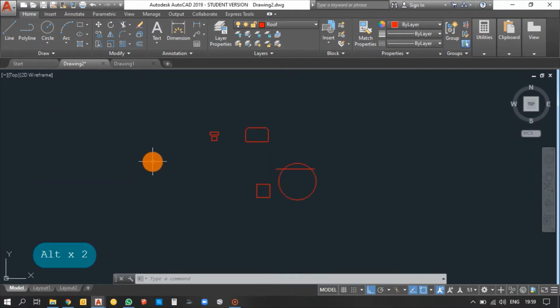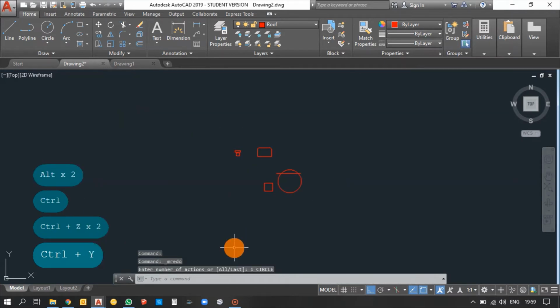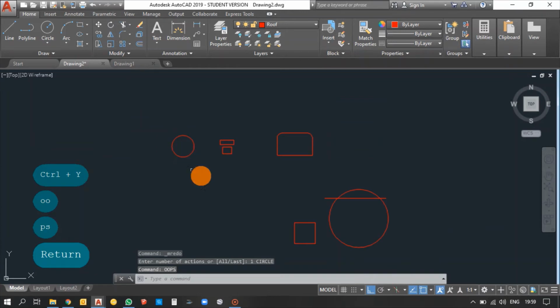You can use Control Z, but the drawings you have done will be erased. So use the oops command. OOPS and click enter. You can see the circle has come out. The deleted circle has come back without erasing the drawing we have drawn further.